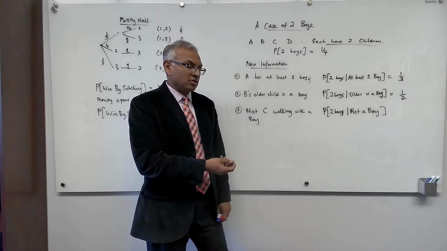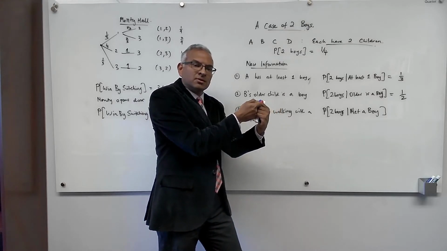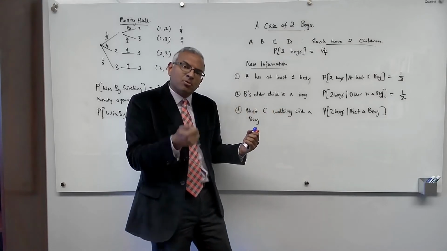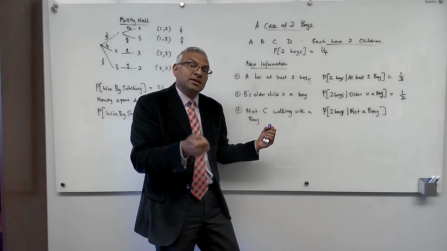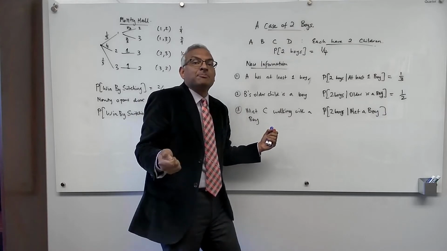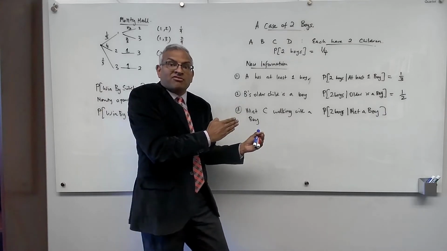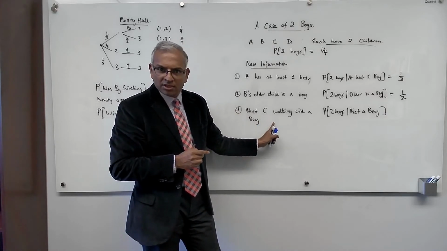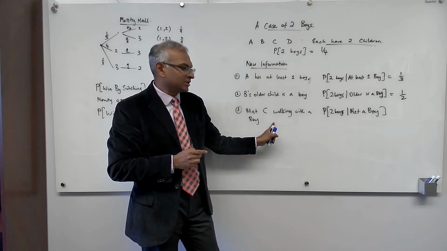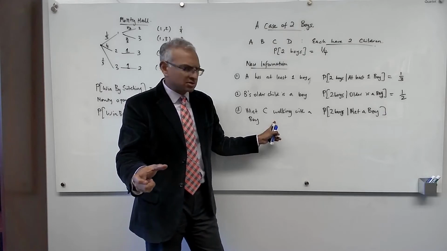The first scenario is C has a girl first and then a boy, and you met that boy. Or you met that younger boy. Then C has a boy first and then a girl, and you met that older boy. Or C has 2 boys, boy 1 and boy 2, and you met boy 1. Or C has 2 boys, and you met boy 2. So there are 4 scenarios now that are consistent with you meeting a boy while encountering C on a walk. And of those 4 scenarios, 2 consist of 2 boys.